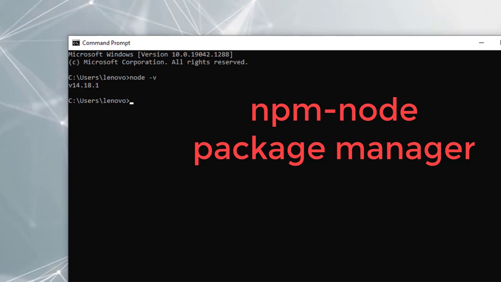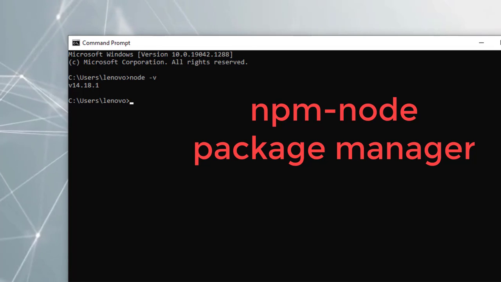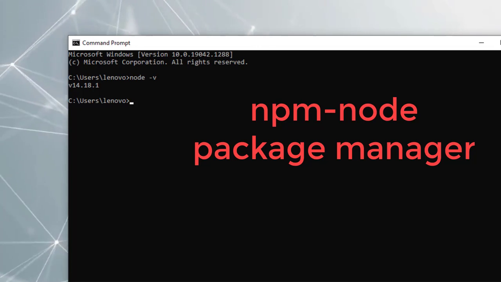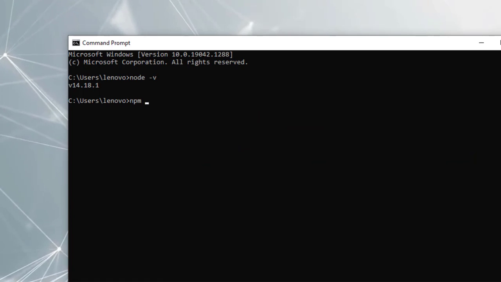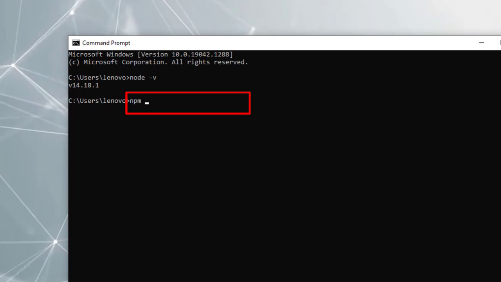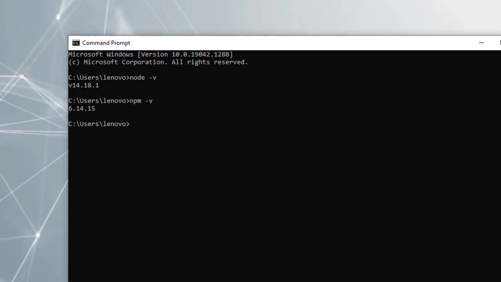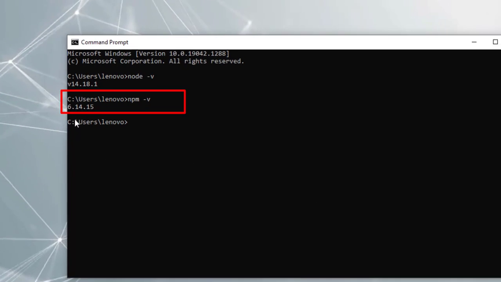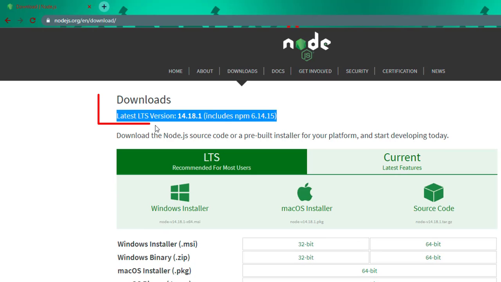The other step is to check the version of npm. Here npm stands for Node Package Manager, which consists of all the repositories and packages required for development. To check the version of npm, type the command in command prompt: npm -v. So the current version of npm is 6.14.15. This Node.js latest LTS version also includes the npm version